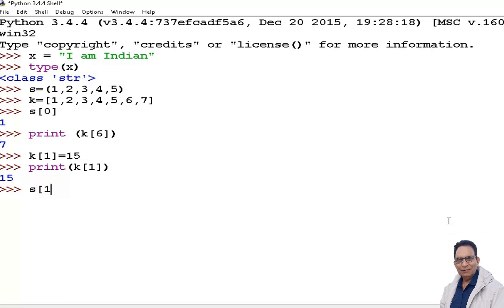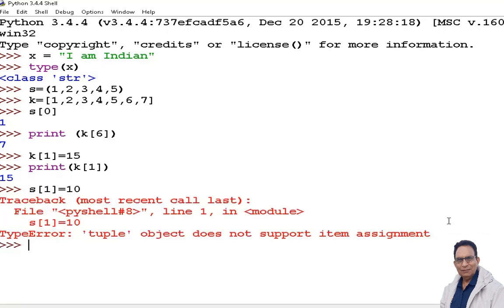Let us try the second element 1, and I write some other value. Even if you are writing the same value, it will consider as if the value is changed. I write 10. Let us write 10 here and see what it does. It is reflecting an error. It means we cannot change the values of a tuple. So it is immutable, and we are able to change the value of any member of a list. That is, list is mutable.